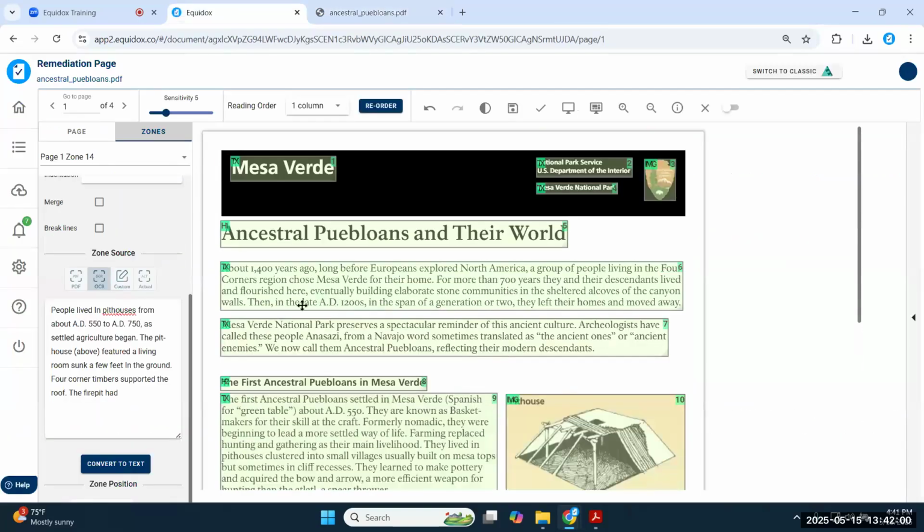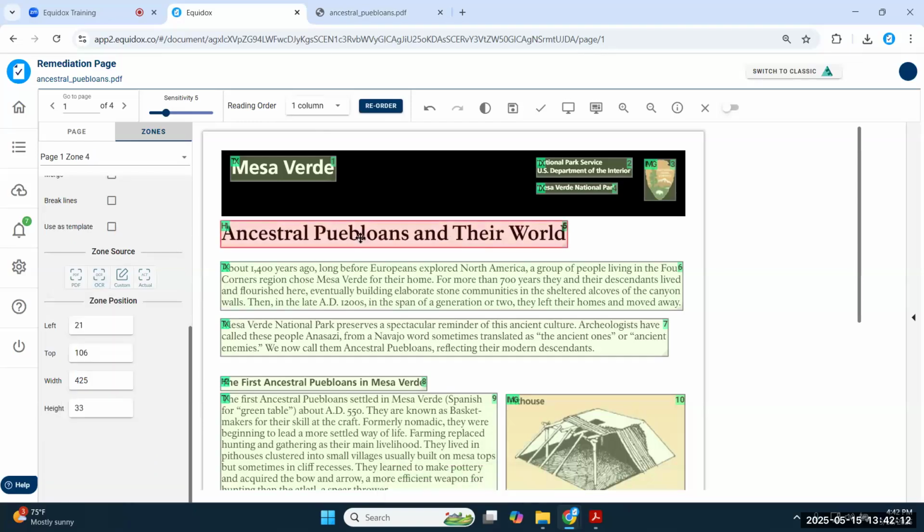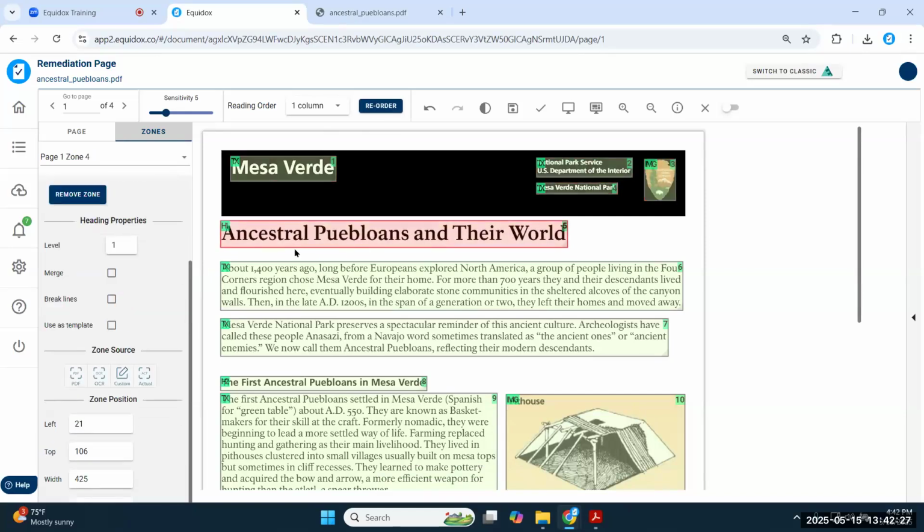One other quick thing on this page about reading order. Of course, we talked about reading order, like the one column reading order. This is a page here where I'm a stickler for my reading order. I always like to have my heading level 1 be read first on a page whenever possible, or on a document whenever possible. But because of the layout of this page, no matter how many times I hit this reorder button, this is going to be reading zone 1, this is 2, this is 3, this is 4, this is 5.